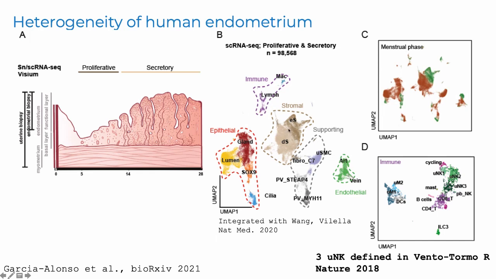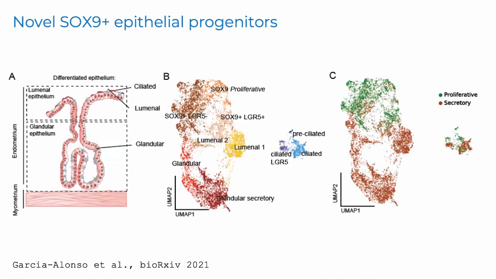So we managed to define a lot of main populations and subsets. And just as a side story, I'm quite excited because in the immune part, we defined the 3 NK cells that I previously defined during my postdoc in the uterus during pregnancy and interactions with the placenta. But this is not that anecdotic, and I don't want to distract you on that, because for this work, we are focusing on the epithelial cells.